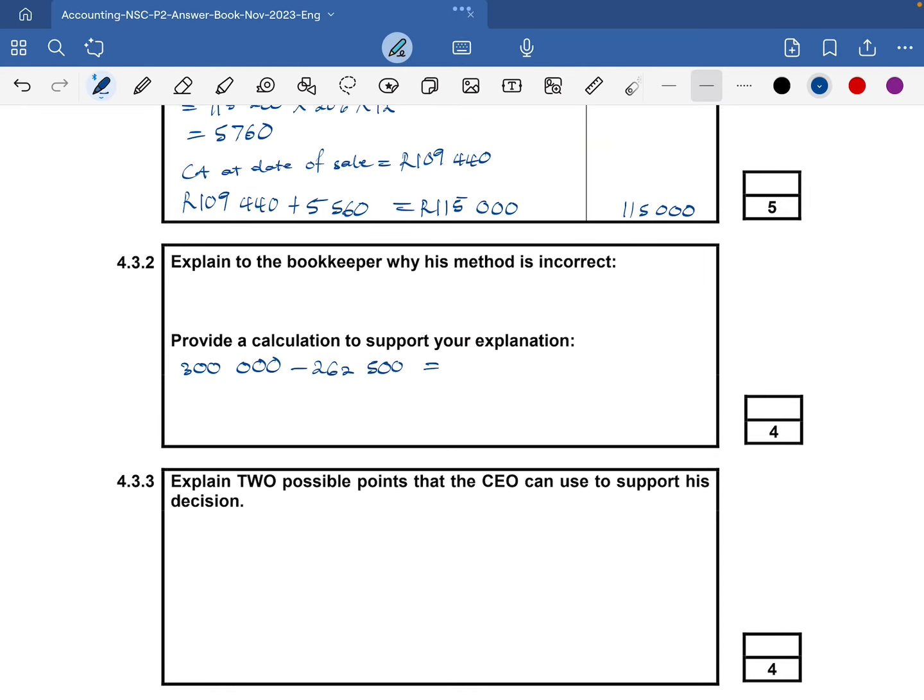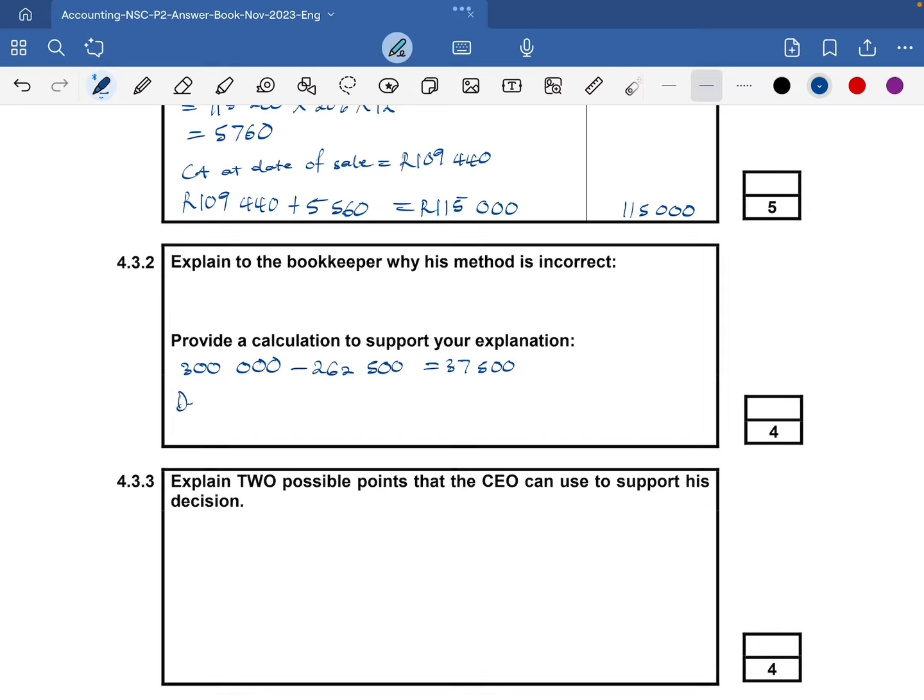So our carrying amount should have been the 37,500 at start. Now our depreciation, because if we use the 25% depreciation percentage, we will then have a negative balance for this asset. So what we need to do is to make the carrying amount or the carrying value of this asset 1 rand, and the value of the depreciation will be the